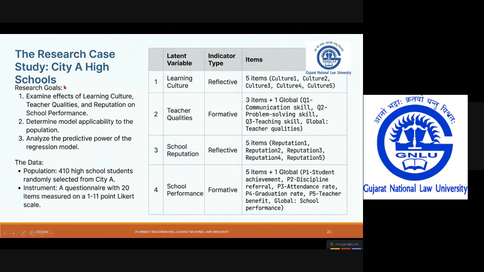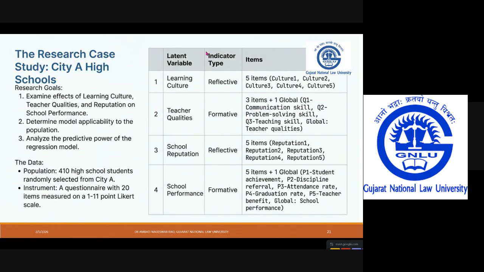In order to conduct this study, I have 4 constructs. Learning culture is one construct. Then teacher qualities, school reputation, and school performance. Now the problem is that, though you are using theory or literature, we have 2 types of construct, as we discussed in the first session: reflective construct and formative construct. Now the question is, what is a reflective construct? If you can go back to our previous video,